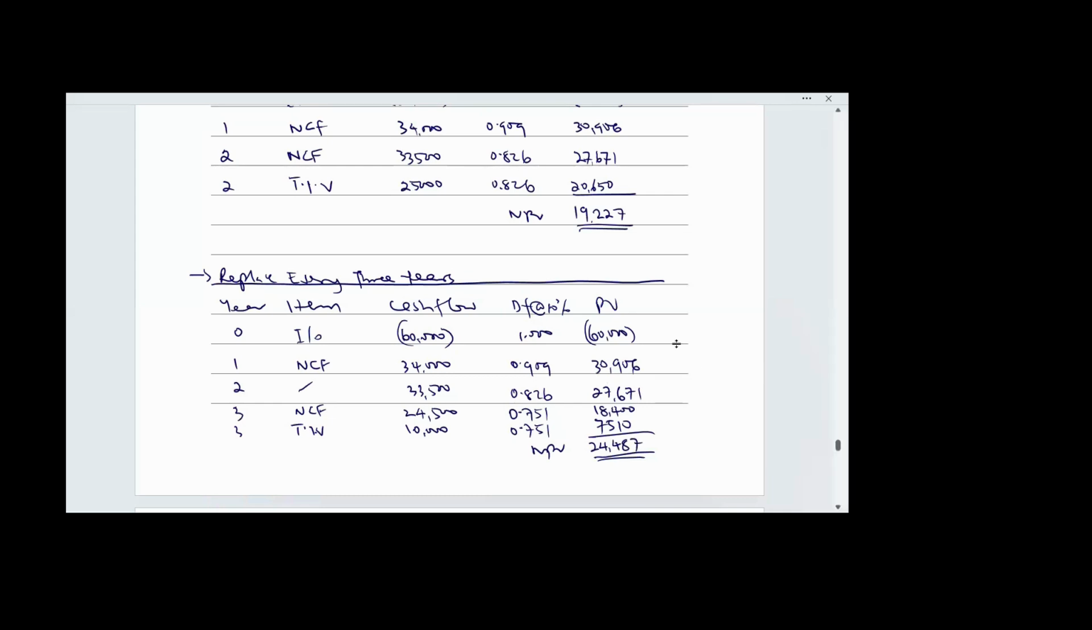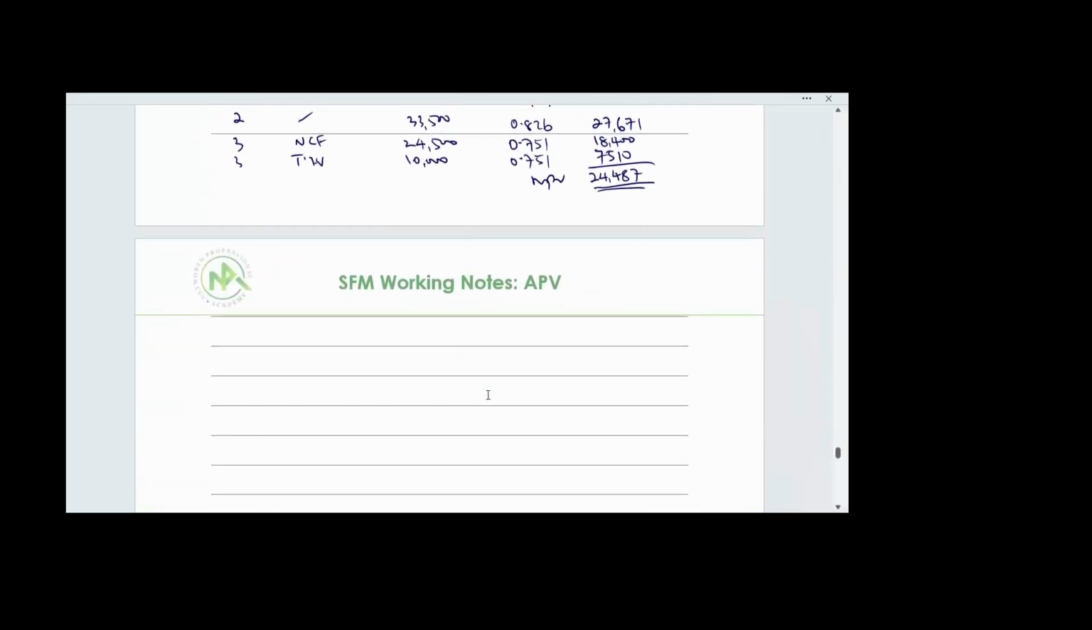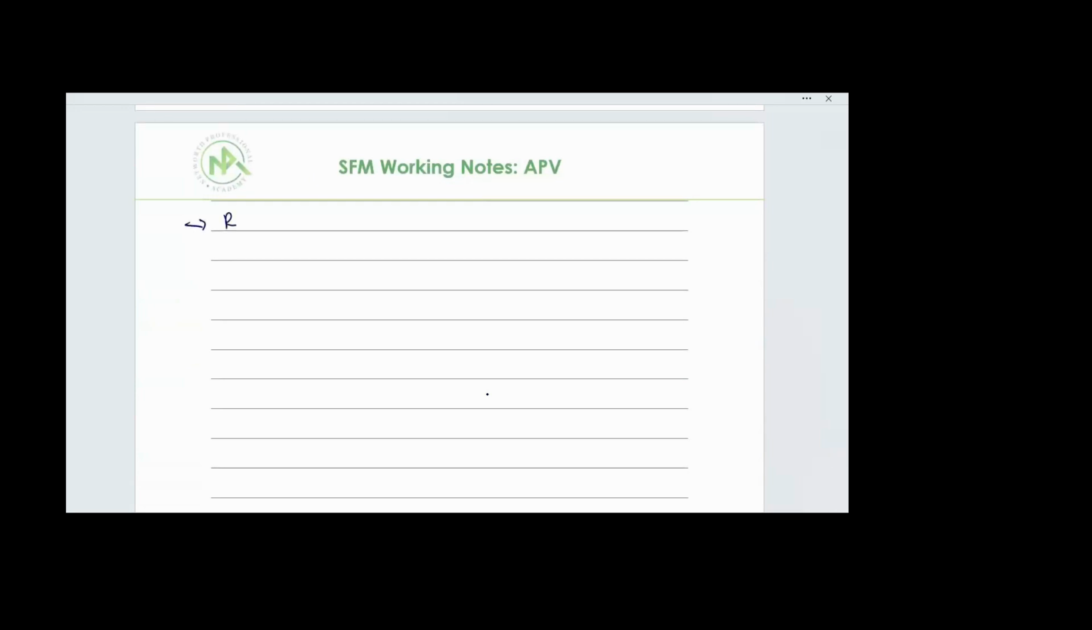487. So finally, let's calculate the NPV for year 4 replacements. Replace every 4 years. Year 0, 1, 2, 3, 4. We are told in the question that the trading value for the 4th year is nil, nothing. So ignore. Here is the initial cost